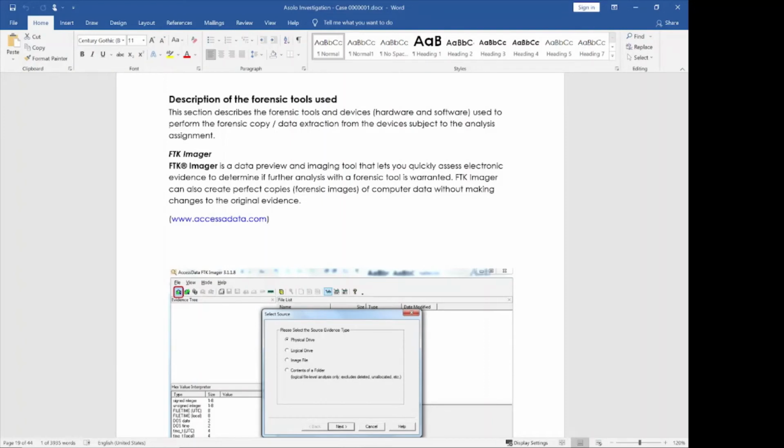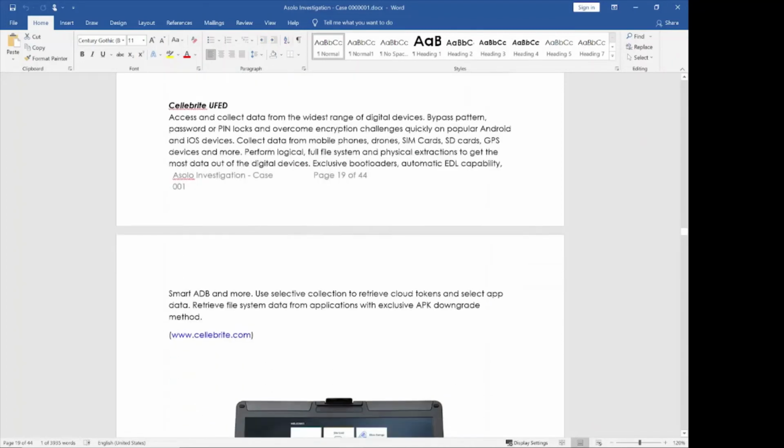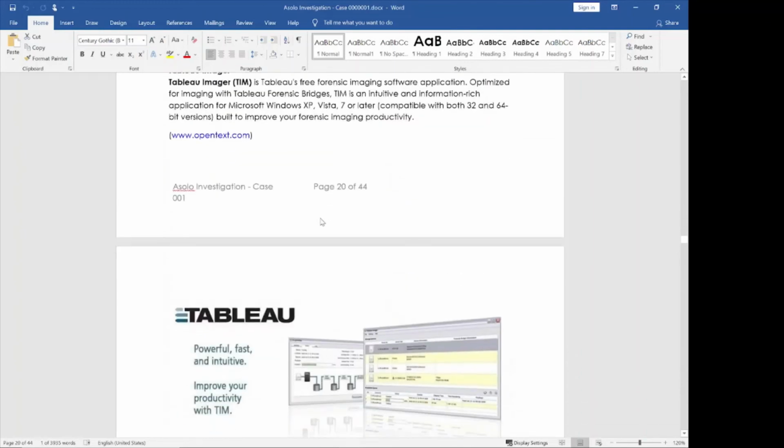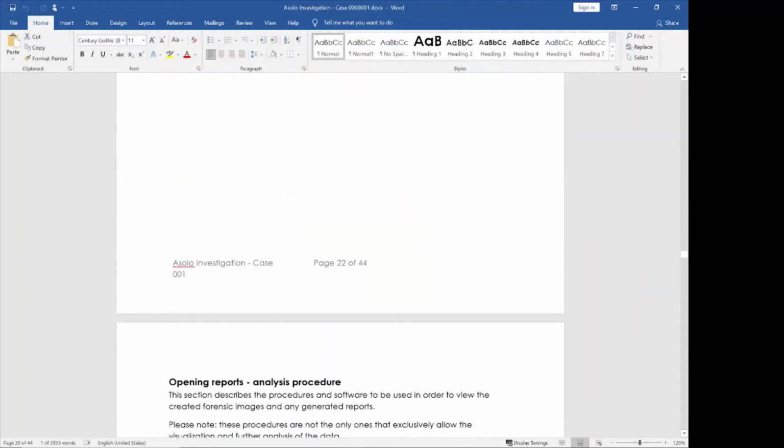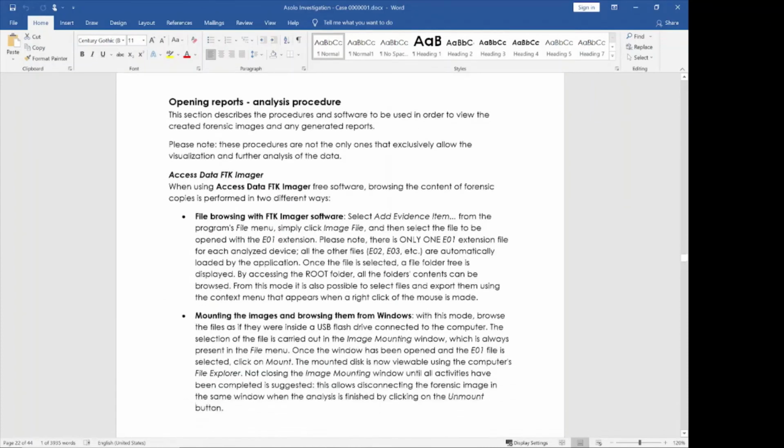But of course, only the ones that have been used according to the acquisition log will be placed in the final report. So we have the FTK Imager, we have the UFED Cellebrite, Tableau, and here we have the information